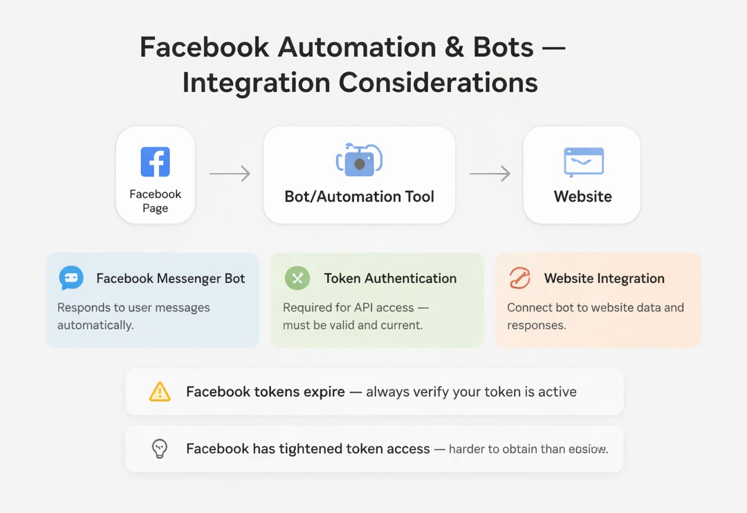However, a key technical issue comes up: Facebook API tokens. These tokens are required for your bot to communicate with Facebook systems, and they expire. The instructor notes that Facebook has actually made it harder to obtain these tokens recently compared to before. If your bot isn't responding correctly, the first thing to check is whether your token is still valid and properly